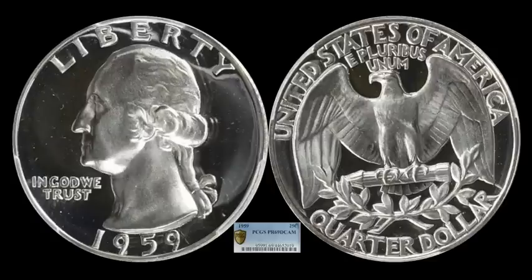And here's another one of those beastly deep cameo proof coins. This time of 59. And this one is about as sharp as it gets. The fields, I think, really captivated me. These things are highly glossy and very icy to the touch. That's how slick they are. And you're going to have to find one that's pretty slick with the texturized cameo frosting on there. This one's a Proof 69 Deep Cameo, another incredible coin. And this one took me by surprise at a sale of